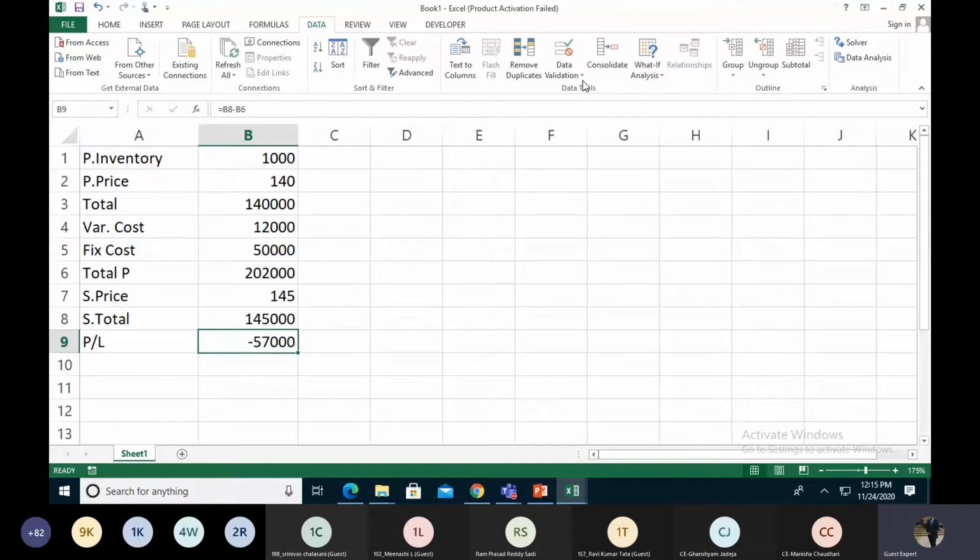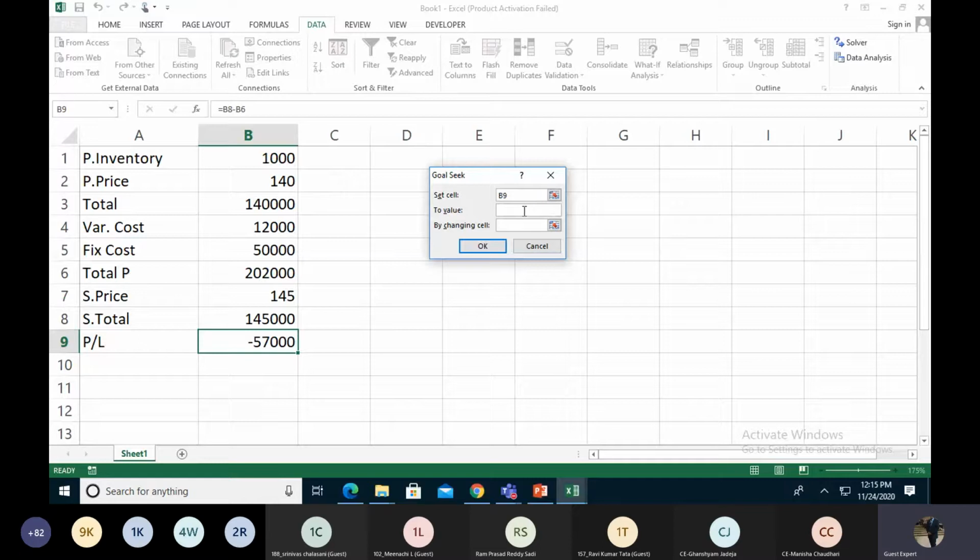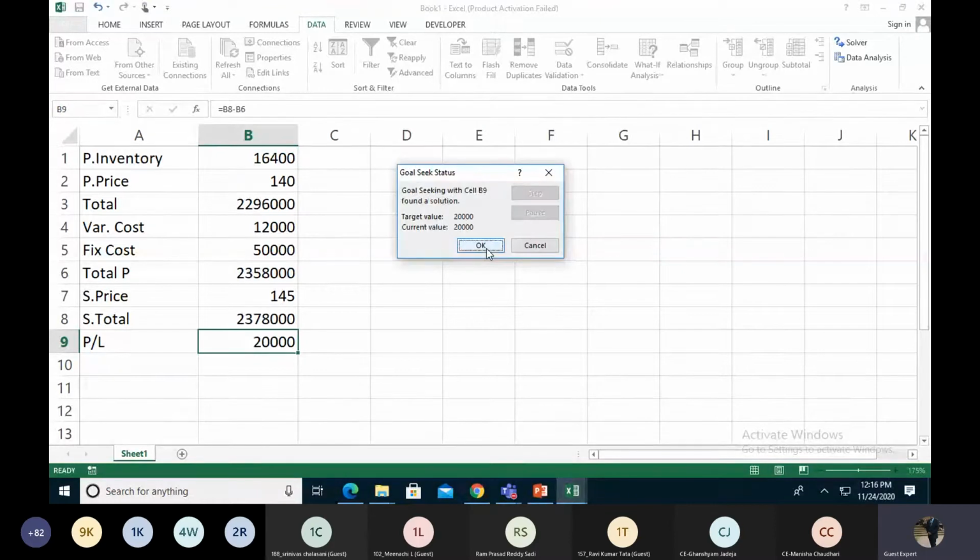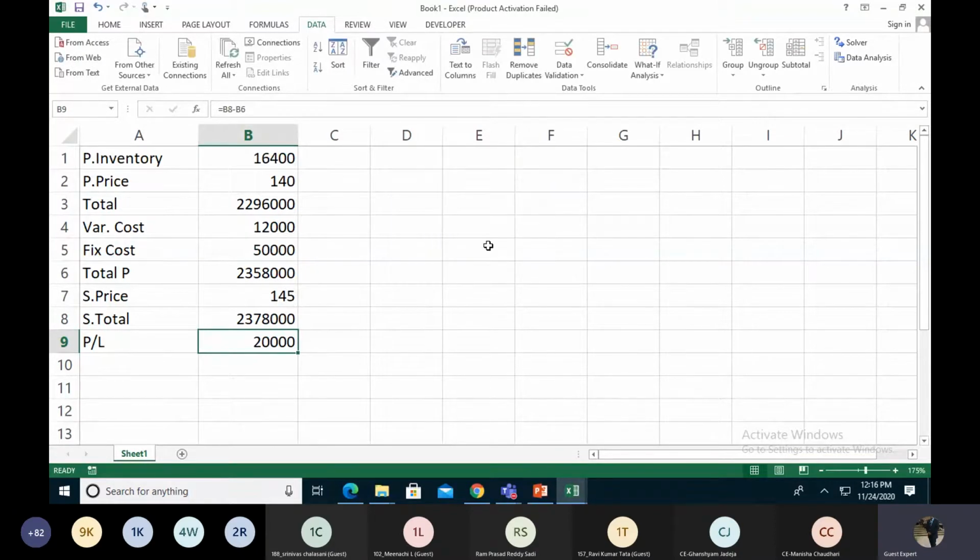So first of all, I go to What-If Analysis, Goal Seek, and I need not a minus 57,000 loss but a 20,000 profit by changing the inventory, if I keep the sales price as it is, 145. Right now it shows me that if you sell 60,400 pieces of inventory at 145 rupees as the sales price, then you get 20,000 rupees as profit.